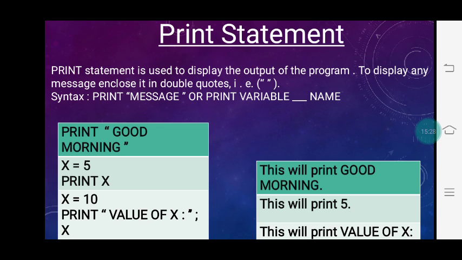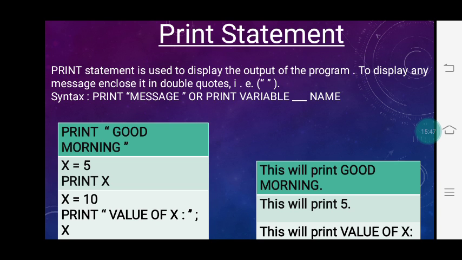So the syntax for the PRINT statement is PRINT, then in double quotation marks the message. Whatever information or message you want to display, you have to write down in double quotes. Or PRINT variable name. Fine. So let us see one example. PRINT "good morning".